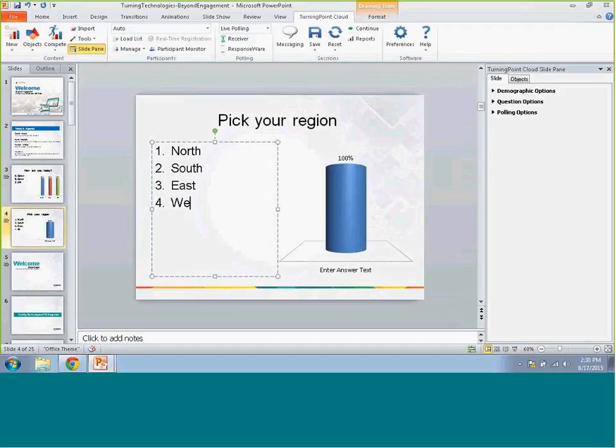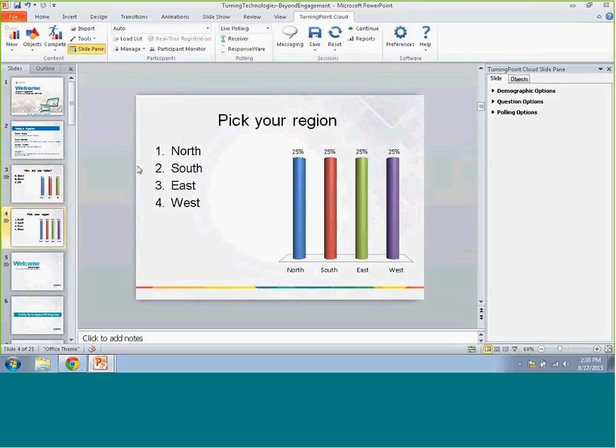Okay, go to my reports. Let's say that I have 10 interactive questions within this presentation. I'm able to see how the folks from the north answer the question versus the folks from the east, and so on and so forth. I can even do multiple demographics. I can say years of experience, or male and female. So I can see how everybody who is a female from the north with 10 years plus experience compared to any other configuration I can possibly think of. See, we can really drill down and get some great information with doing these types of things.